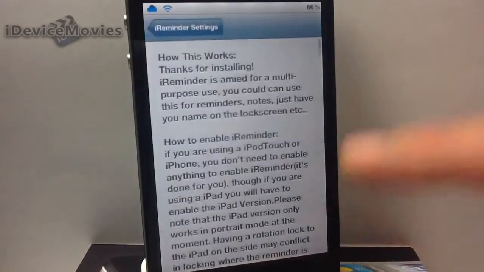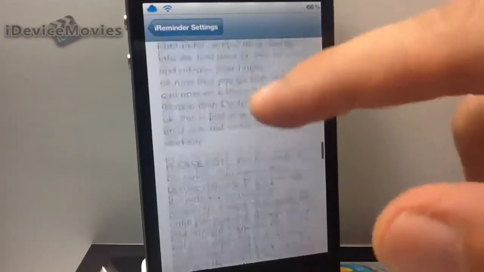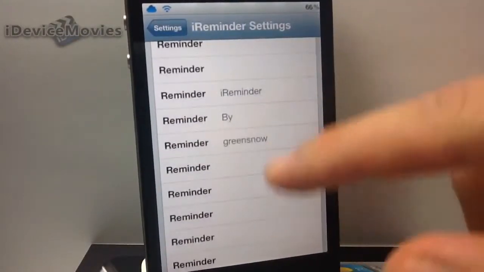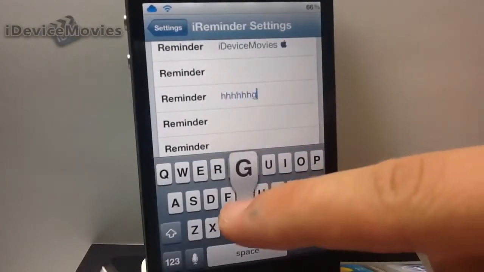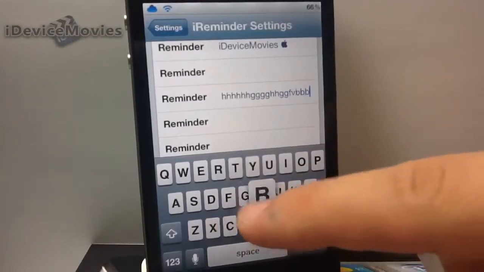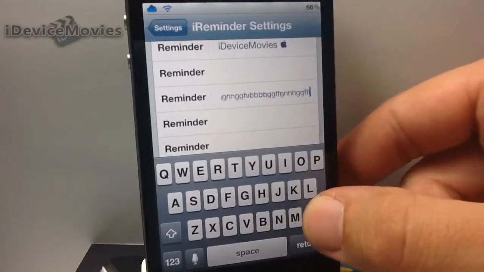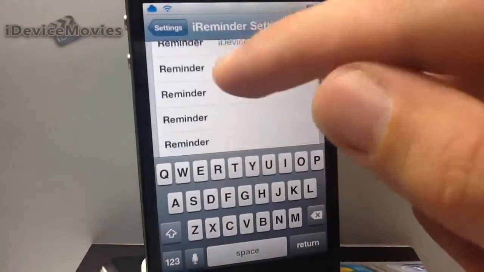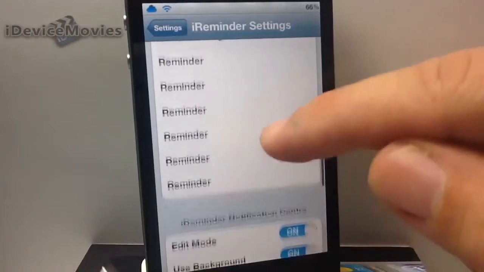Now here is the explanation. If you do get this tweak, I suggest you read this entire explanation. He tells you how to do everything with this tweak. And here are your reminders, and as you can see, you can have a ton, and you can obviously type out something longer than what I have. I'll just show you. You can make it as long as you want, basically. Let me exit this to get rid of that keyboard. So you have all the reminders, and now here,